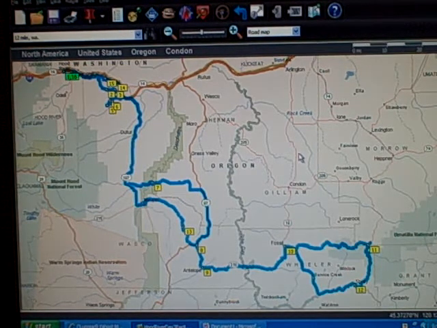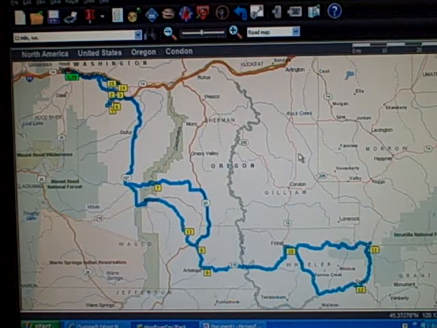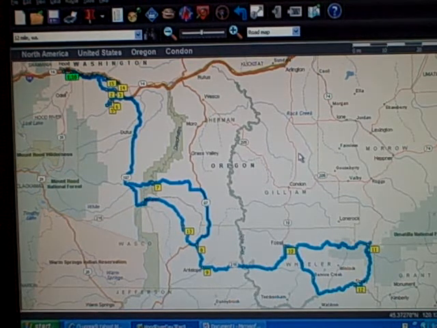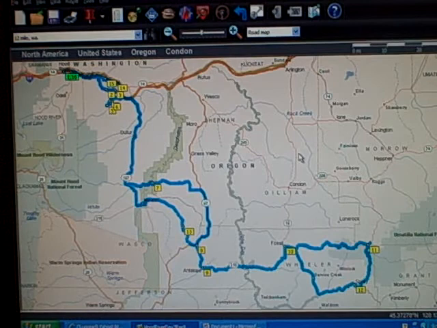But the question has come up is how do we share Microsoft Streets and Trips files with other riders? So in the case of you wanting to send a picture or a file that somebody can view on their computer, we're sort of limited a little bit in options there. And of course, the easiest thing would be if everybody had Streets and Trips. So again, you can download a 60-day version to try it out. I'm pretty sure once you do it, that you'll just go ahead and spend the 25 or 30 bucks for